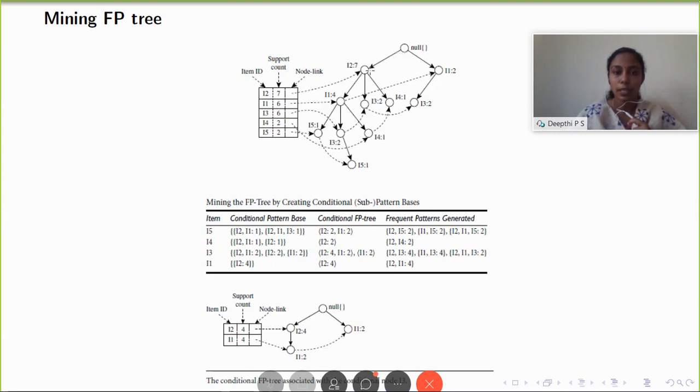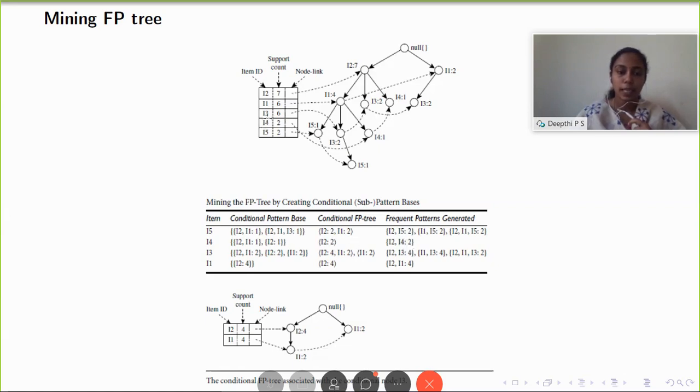The second path is from I2 you can reach I4. So there is only one node, that is I2, and the support count of I4 is 1. So I2 support count is 1. Now generate the conditional FP tree, that is take the total count of these items. I2 here count is 1, here also I2 count is 1. So add them up, we get the count as 2. Now I1 is there in only one set and its support count is 1. So we have to discard it because it is below the minimum support count 2. So we'll have only one set. Now take join of this set with I4. I2, I4, support count is 2.